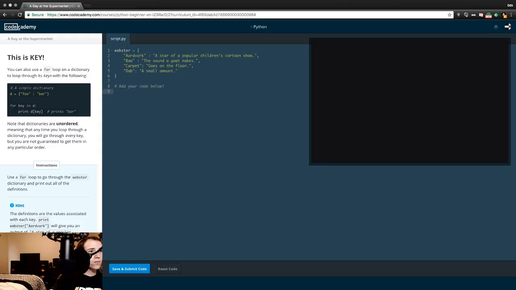So we are going to take, we'll actually reference their example again. For key in d, print d key. For blank in